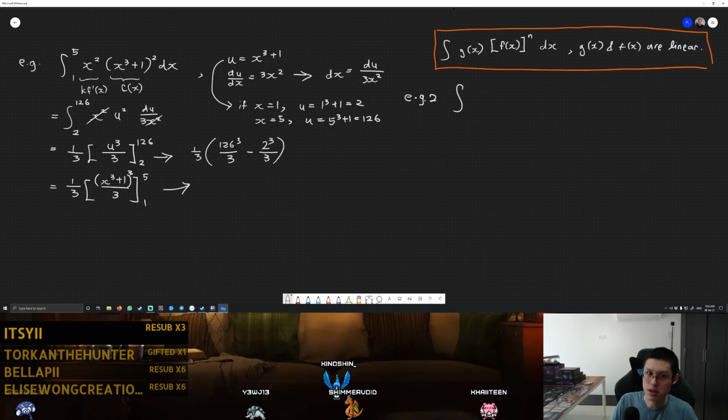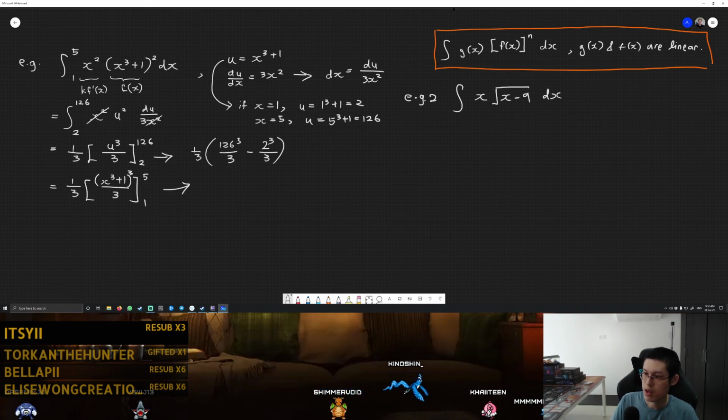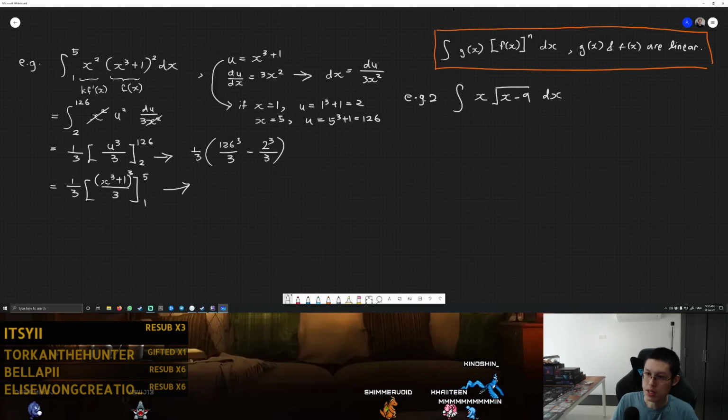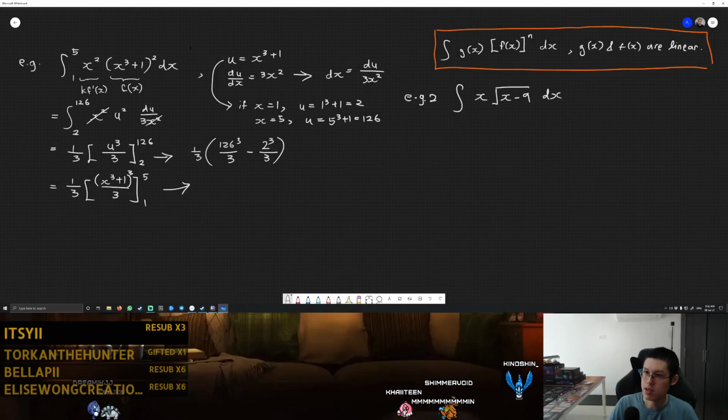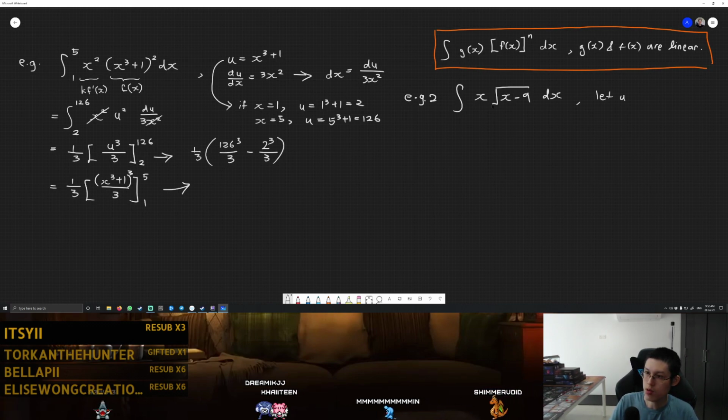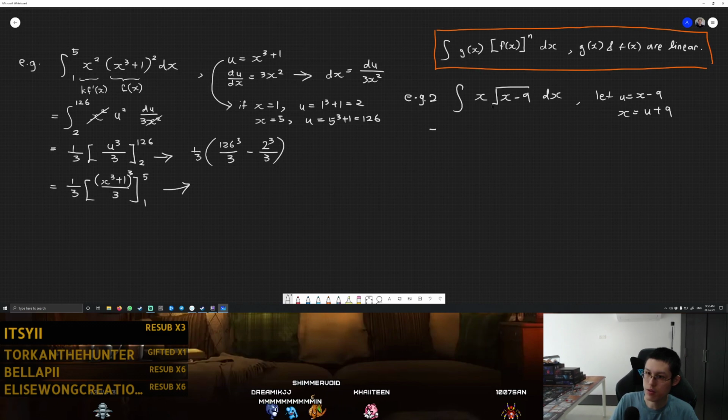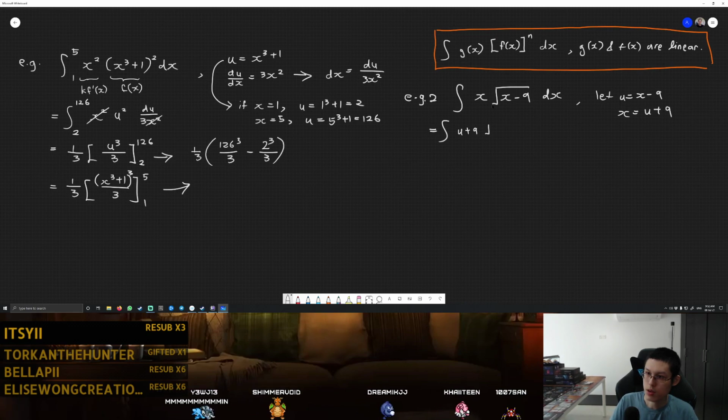Let's say you're trying to integrate x times the square root of x minus 9 dx. Okay, something like this. You can see that the n in this case is going to be a half because it's a square root, but then f(x) and g(x) are both linear functions. So what you want to do here is let u equal x minus 9, which means x must equal u plus 9. Okay, so we can actually rewrite this integral as u plus 9 times the square root of u,